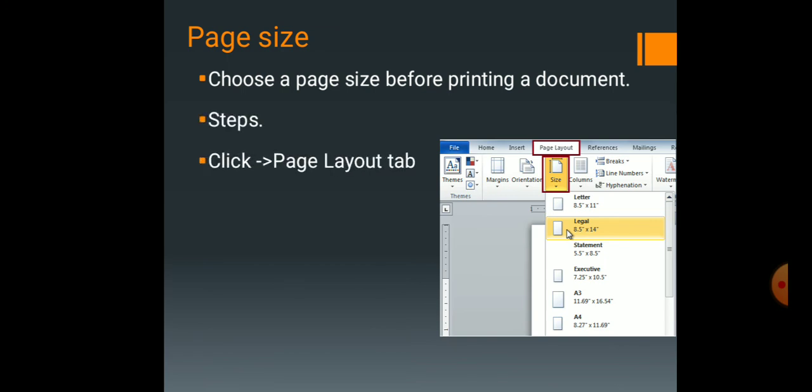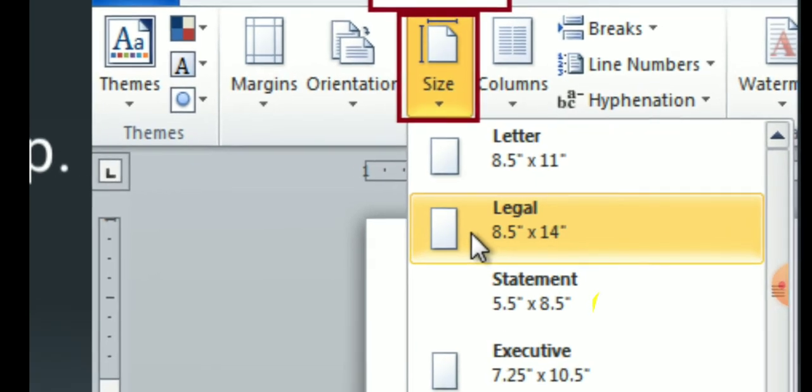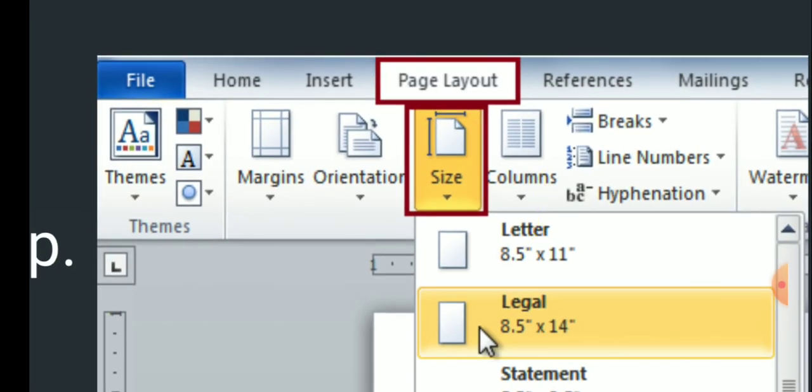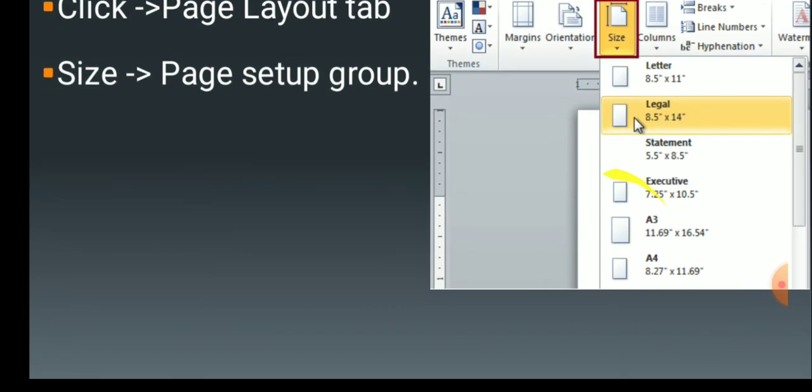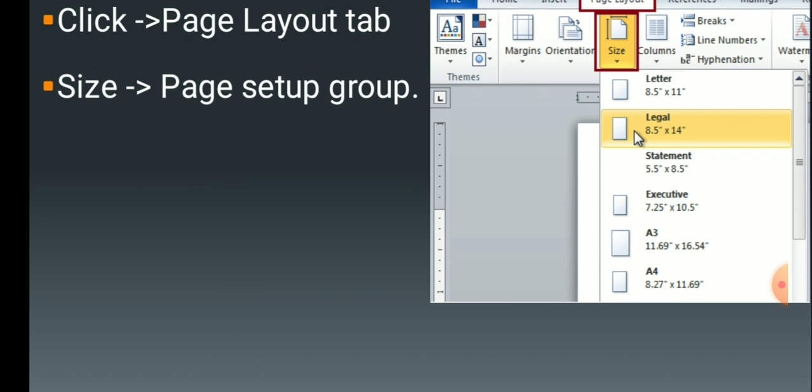First, click the page layout tab, then select the size option from the page setup group. Already we have used margin for page margin, orientation for page orientation, and we are going into size for setting the page size. If you select this size from the page setup group, you will see a list of options: letter size, legal size, statement size, executive, A3, A4.